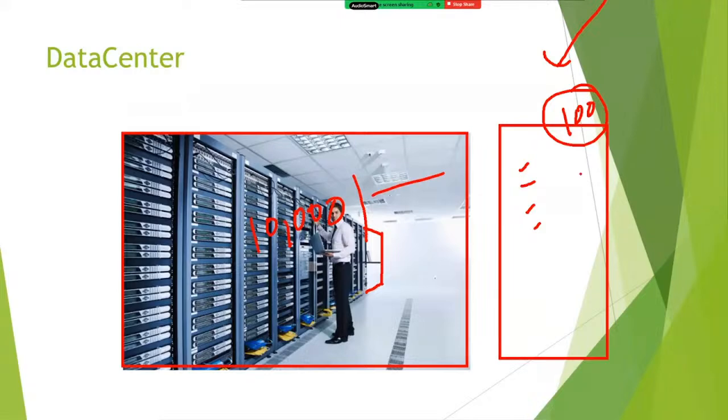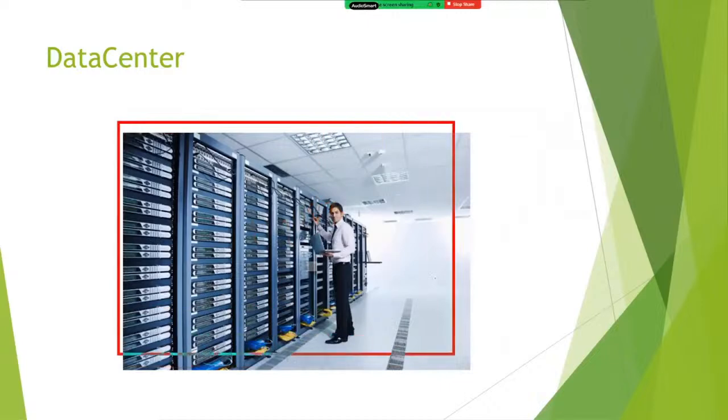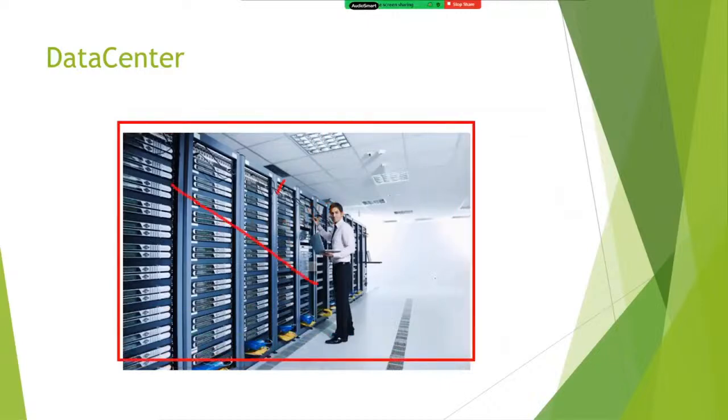Another reason. See, this is the data center. This data center is crashed. If the data center is crashed, your data will be lost. If data is lost, business will be down. Business being down is not good for survival. Am I right? So if the data center is crashed, how can we keep our data safe?